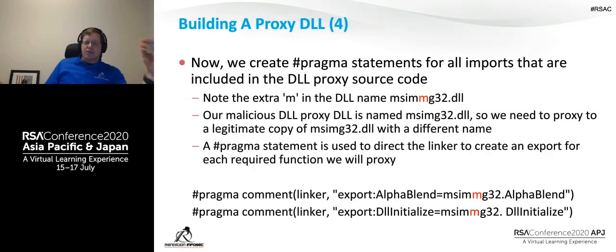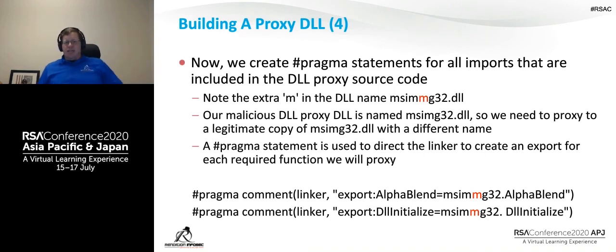So next thing I'm going to do here is create pragma statements for all of my imports. Remember I said before I do all of these. You'll notice that my DLL name in this particular example is MSIMG32.dll. I talked about the 64 thing. I love doubling up a letter because it is really tough to see. Now, this is hard-coded into my proxy DLL, so I lose some flexibility on the target side, meaning I can't dynamically change the name without recompiling. That's just part of the game, so just be aware of that as we go. And you'll see here that I'm telling the linker, basically, go export this.